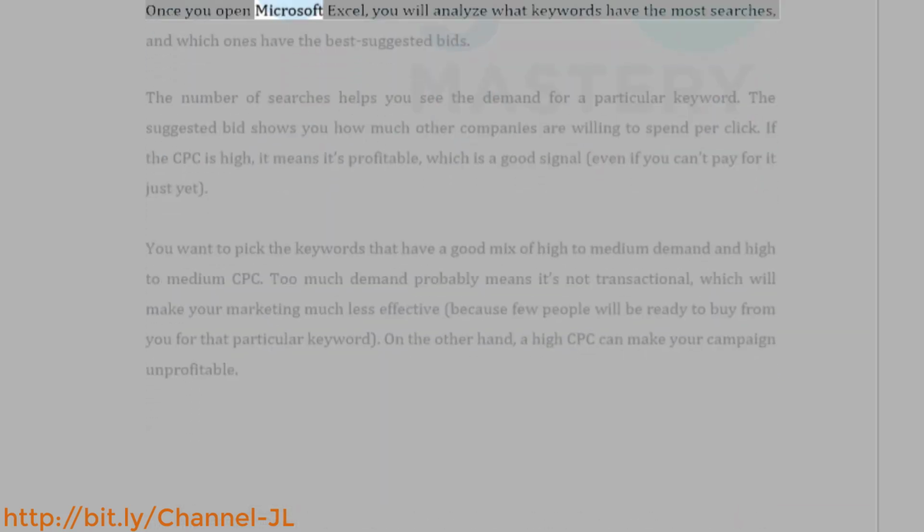Once you open Microsoft Excel, you will analyze what keywords have the most searches, and which ones have the best suggested bids. The number of searches helps you see the demand for a particular keyword. The suggested bid shows you how much other companies are willing to spend per click. If the CPC is high, it means it's profitable, which is a good signal, even if you can't pay for it just yet. You want to pick the keywords that have a good mix of high to medium demand and